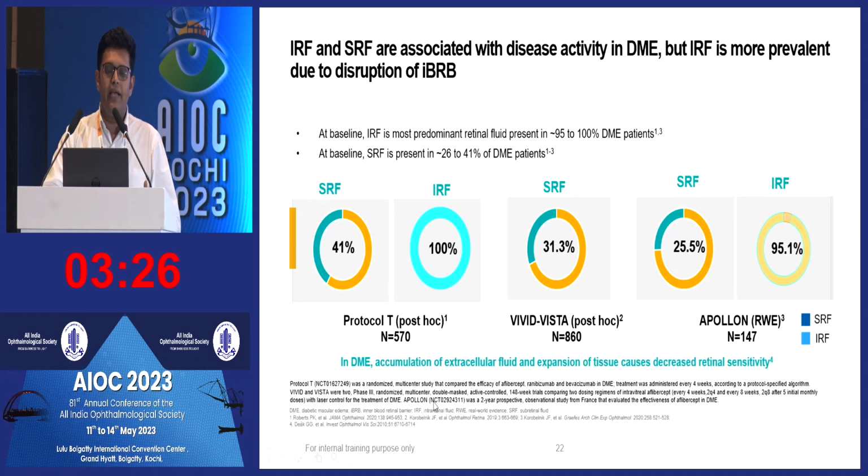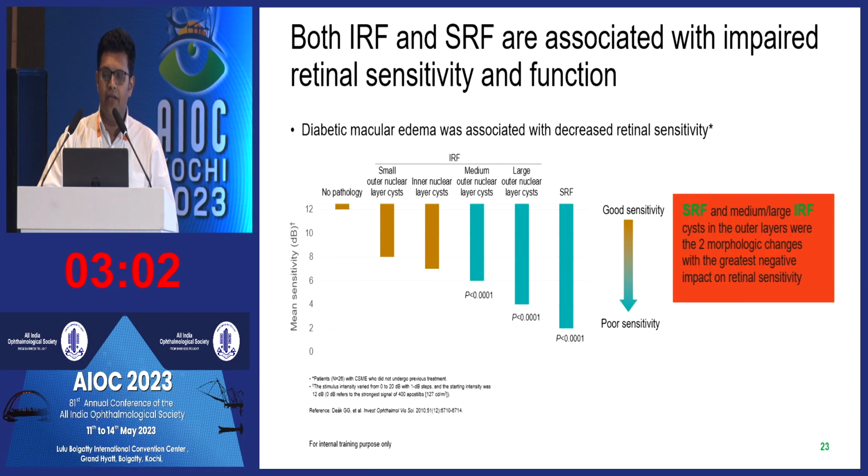The intraretinal and the subretinal fluid are all associated with disease activity, but the intraretinal fluid is more prevalent due to the breakdown of the inner blood retinal barrier. So you can see that even in all these post hoc analyses with Protocol T, the VIVID, VISTA and the Apollon studies, they clearly showed that the IRF is more commonly present than the SRF, but both the fluid components indicate activity. Both the presence of fluid in both the compartments, the intraretinal fluid and the subretinal fluid,